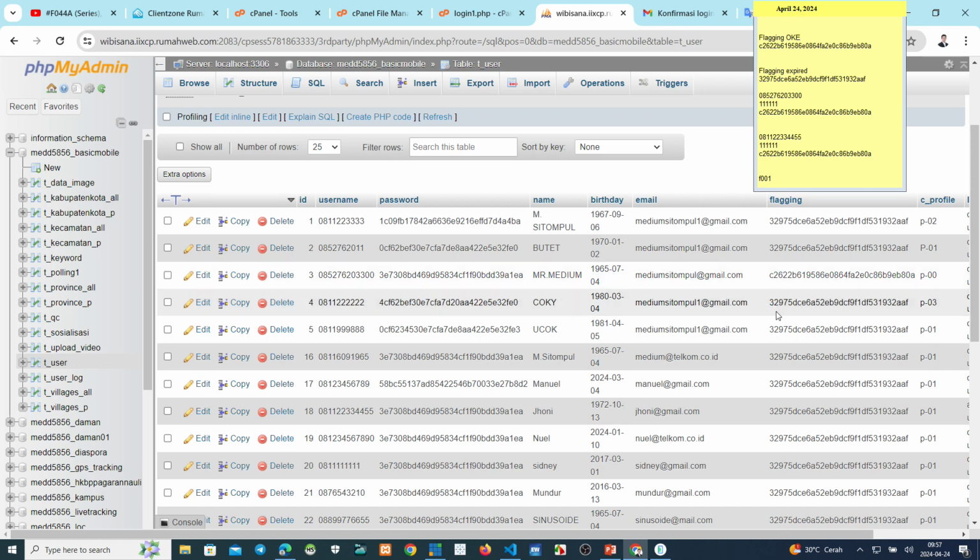The other guys we can see are the same, but these guys cannot log in to this application because this is a different flagging. Okay, to make this one the same flagging, all these guys can also log in to this application.